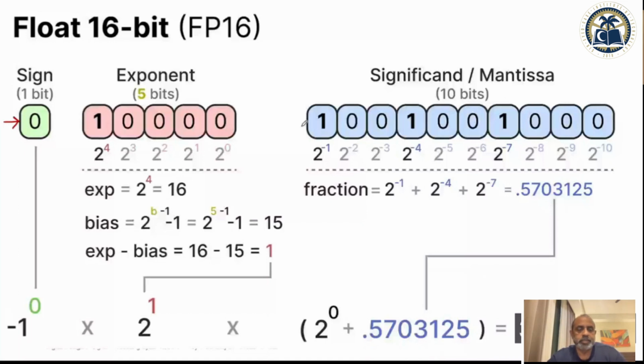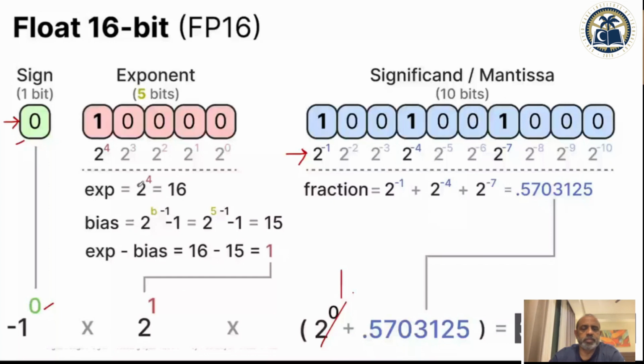So this is the sign bit, meaning a positive number. So -1 raised to the power 0 will make this number a positive number. So it is either going to be a positive number or a negative number. And remember, whatever is this number, it is 2 raised to the power -1, that is 0.5, 0.25. These are the weights of the fractional part going to -10. And this one is implied, which is always 1 point something, that is the format. And here is the power. There is a bias as well.